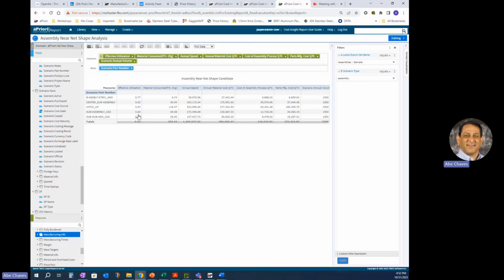And this basically tells you how much you have to gain if this was a casting, right? So I said that a casting will probably get you at least into the mid 80s, somewhere around there. So I can see that for this assembly, I could gain 20 points. So what that means is that if I'm spending